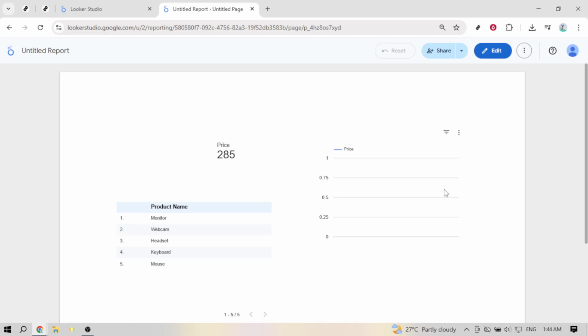A few quick notes to keep everything clear. Hiding a page is about presentation, not permissions. Editors and owners will still see the page while working in edit mode, and data on the hidden page continues to refresh normally. If you're sharing the report externally, rely on Looker Studio's sharing and permission settings to control access,